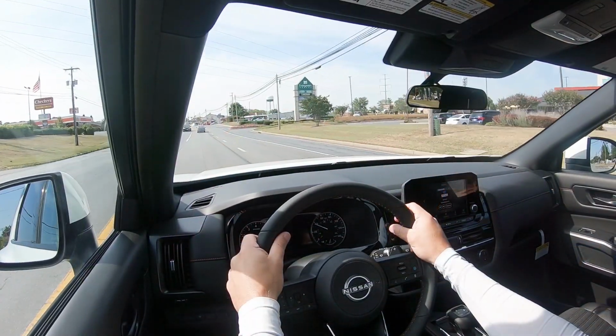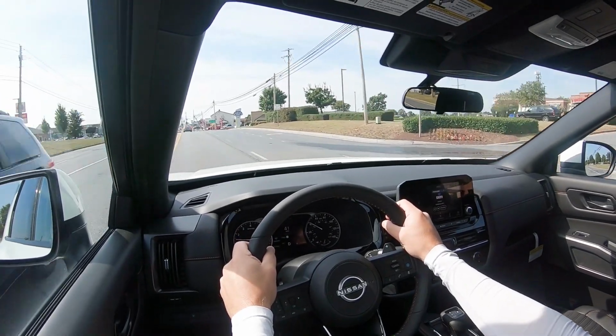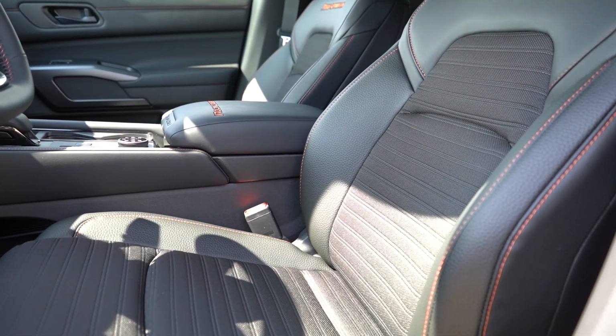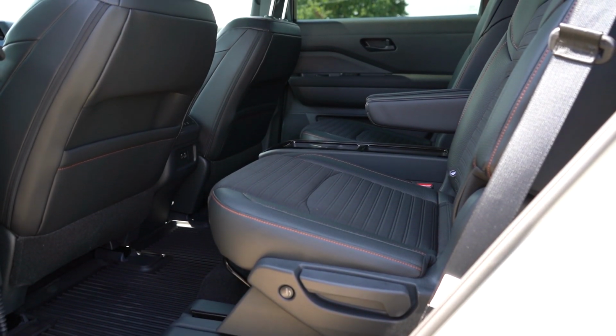And so first, let me start by saying IIHS Top Safety Pick Plus, which is the very highest designation given by IIHS. So that pretty much says it all right there. Front side curtain airbags do come standard, driver and passenger knee airbags as well. In the back, you're going to have LATCH, aka lower anchors or tethers for children for the rear car seats,